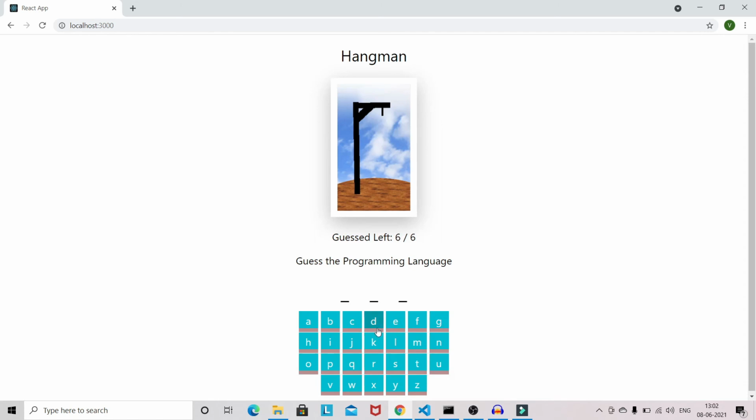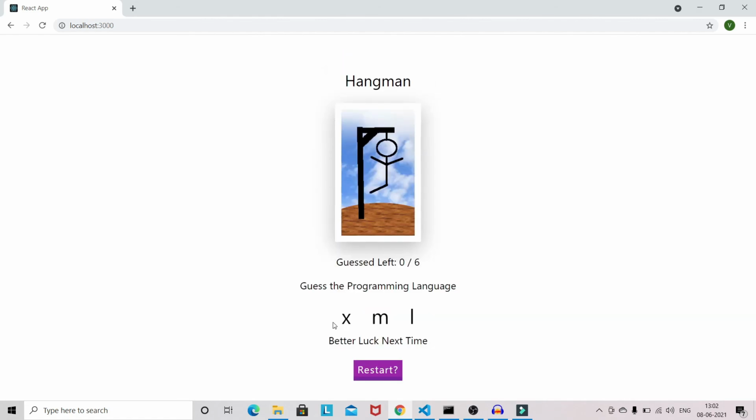Let's lose the game intentionally. This is XML, I know, but I wanted to see the negative result as well. So our guess is 0. We don't have any guesses left, and we got the message better luck next time, and we have got the option to restart, and the structure is also getting changed. So the guy is hanged now if all the guesses you have made are wrong.